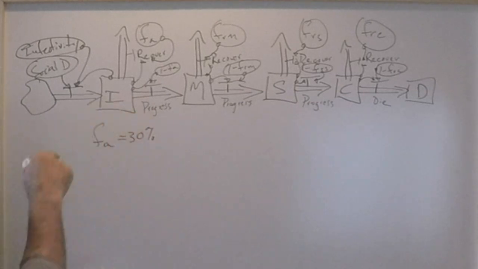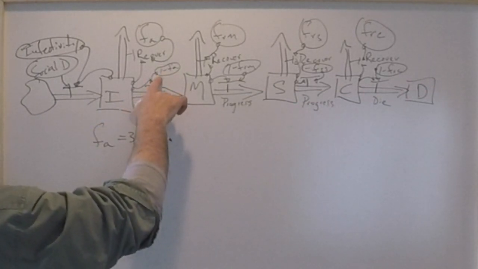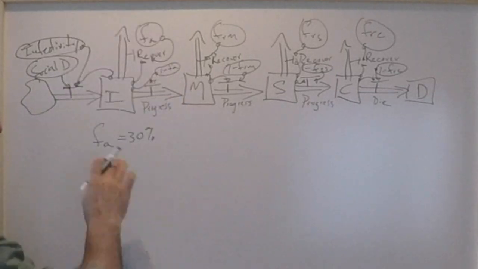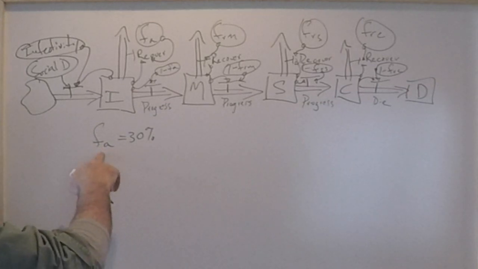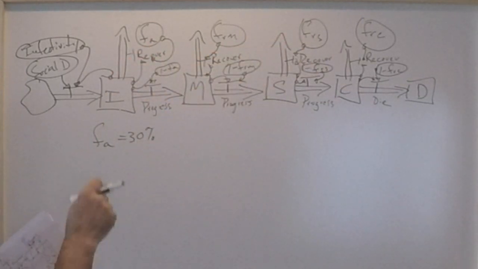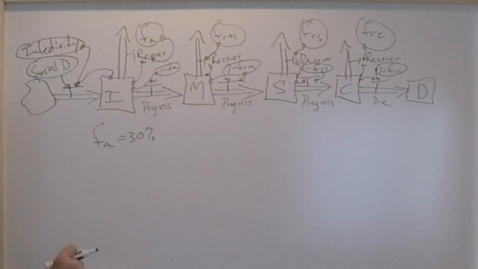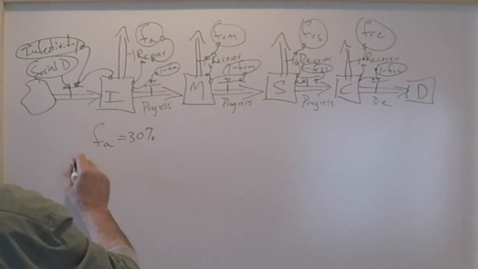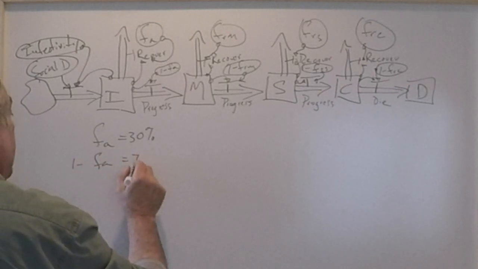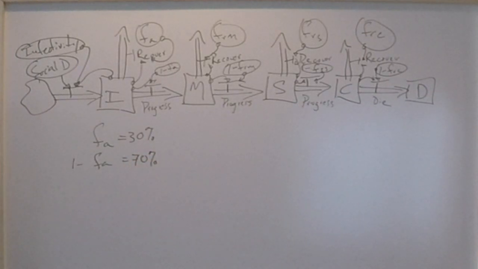Which means that the people who are infected, you either recover or you progress. The numbers I'm going to present are for the fraction that recover, which is nice. But then the fraction that progress is 1 minus the fraction. So 1 minus FA is equal to 70%. So that says that 70% of people who become infected with the novel coronavirus, who develop COVID-19, the disease related to the virus, go on to develop a mild